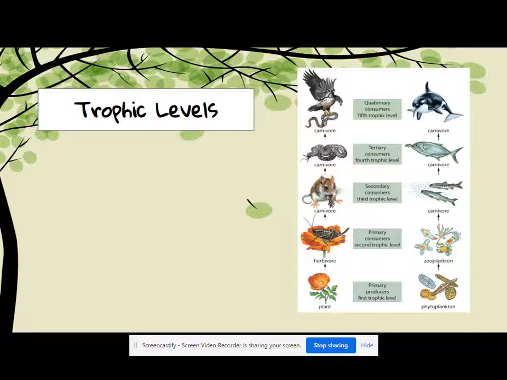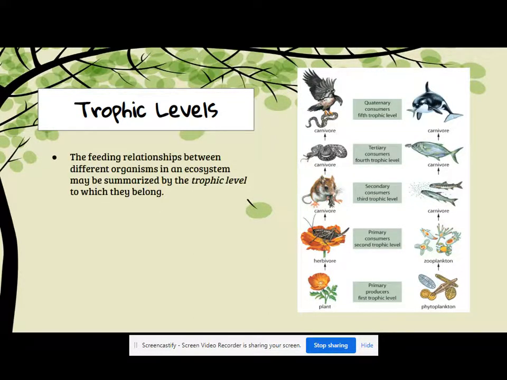Now, the other part in an ecosystem has to do with energy, and these are called trophic levels. They start with the primary producers, so that's the things that make the energy, and everything that eats goes up a trophic level. And every animal exists usually in only one trophic level, though animals can, if they are omnivorous, meaning they can eat producers and they can eat consumers, they might go up and down in a trophic level. Humans are kind of at the top because unless you're very unlucky, not very many things eat us.